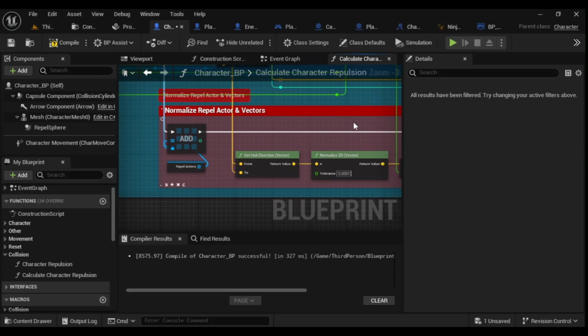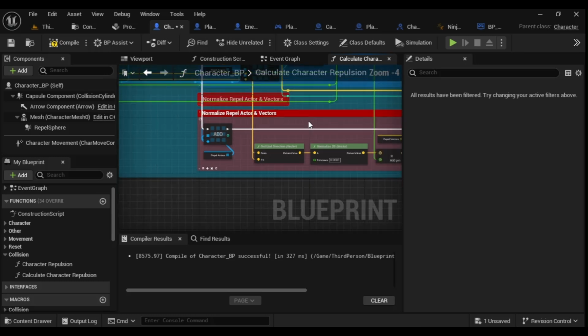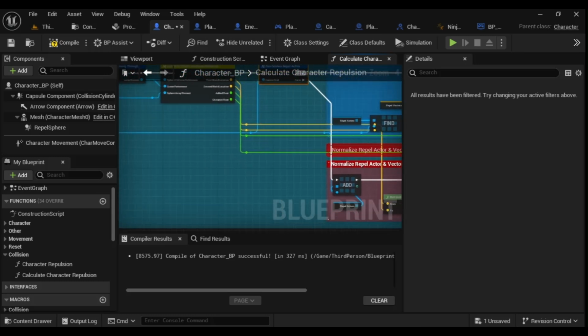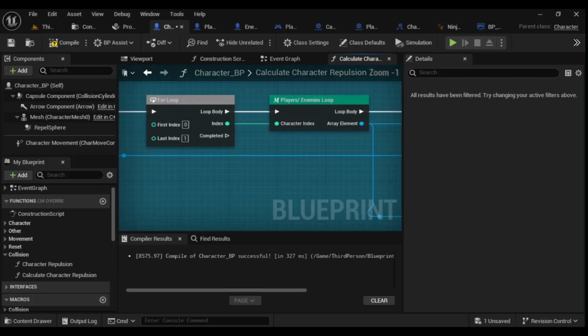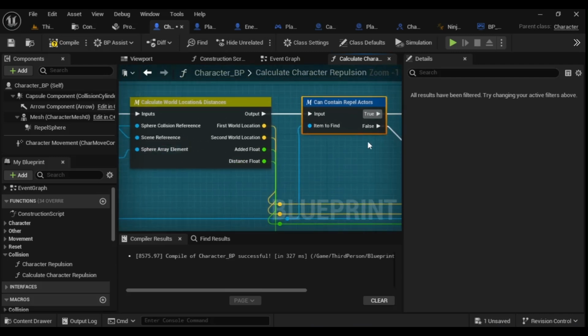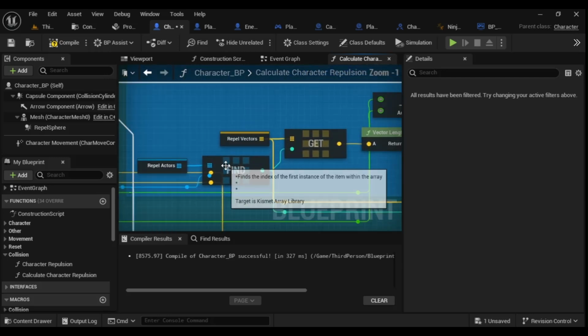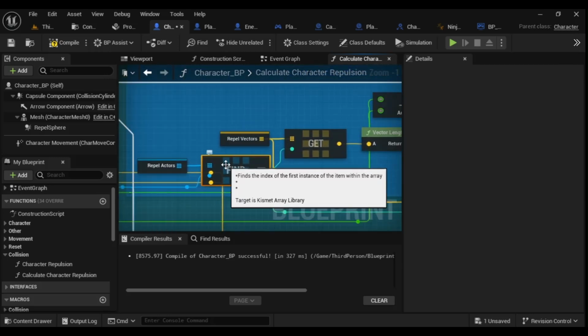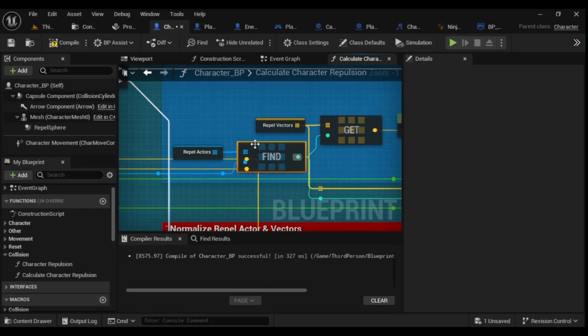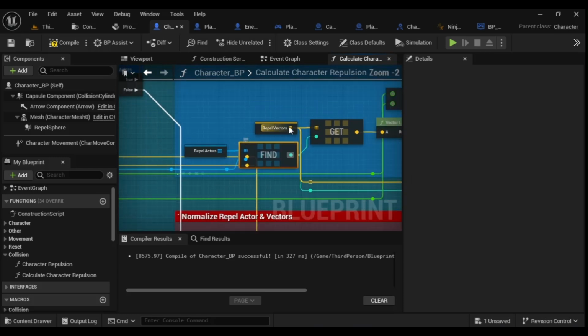If the branch is true, then the array element from the players/enemies loop is added to the repel actors array. In finding an element in repel's vectors,